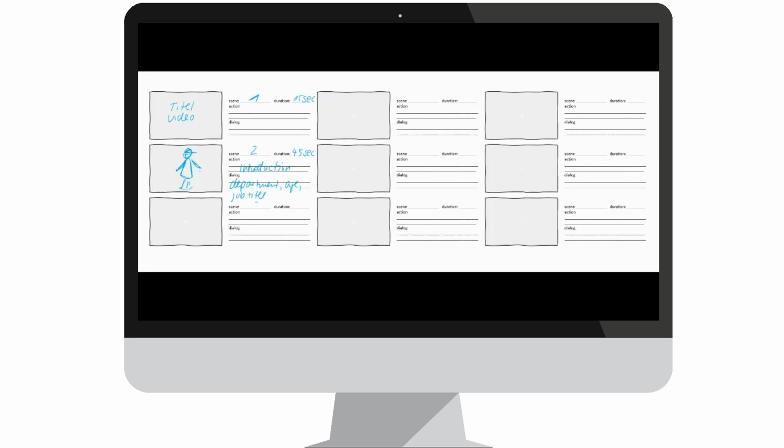So the third scene, for example, should also show what the problem is, because we said after the introduction we want to show the problem. So, for example, Jakob says he has a very bad back pain. So maybe he is showing the back pain with his arms, touching his shoulders, and looking a bit sad or exhausted. Over here he's looking very happy, but over there he's not so happy anymore. And maybe this takes 20 seconds.